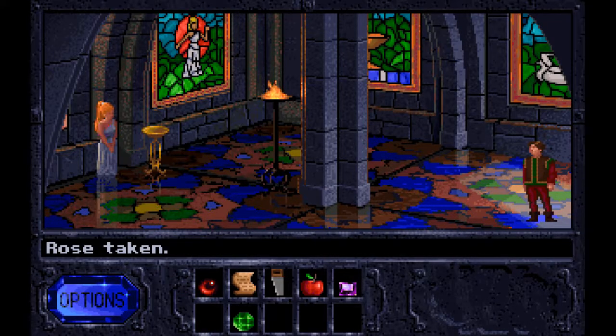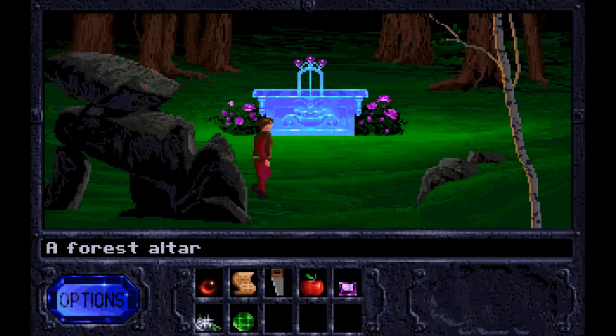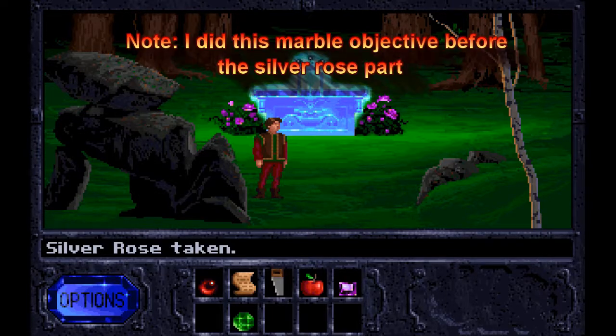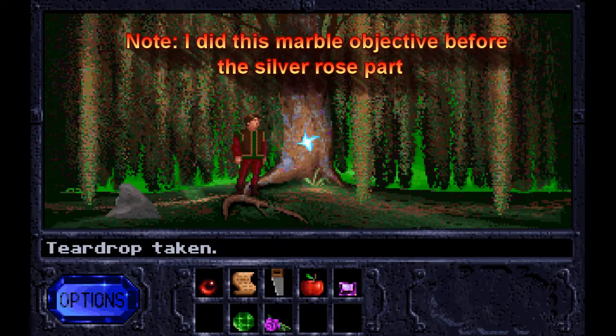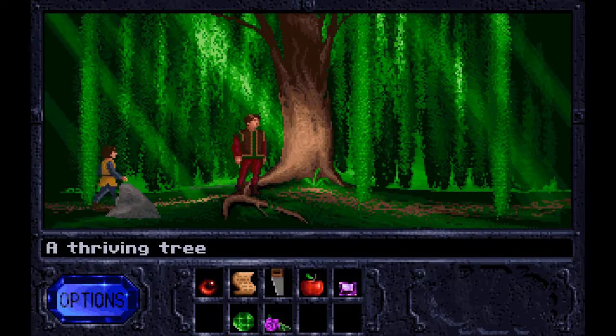Once you give Bryn the rose, she makes it into a silver one, or some people say it's a white one. I don't care. I'm saying it's silver, because it's more magical that way. Brandon then uses this on the altar in the wilderness, which has a marble missing. So then Brandon uses a water droplet on a tree to revive it, and then some kid shows up,